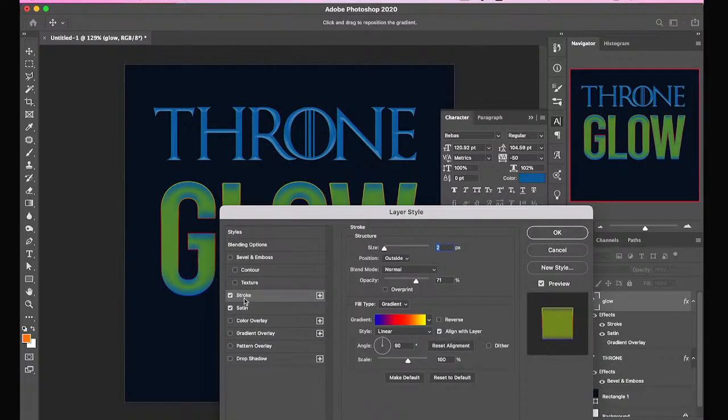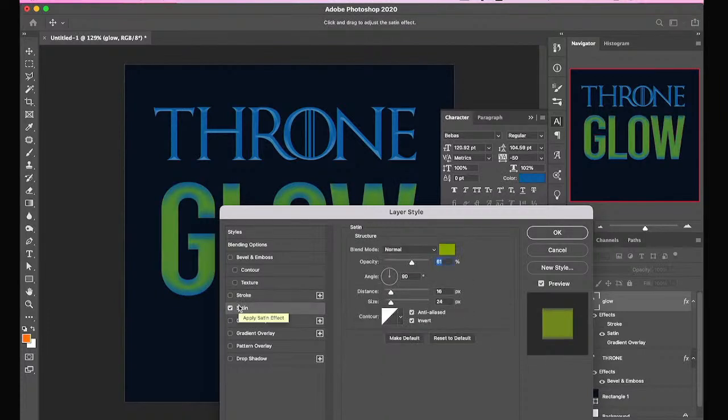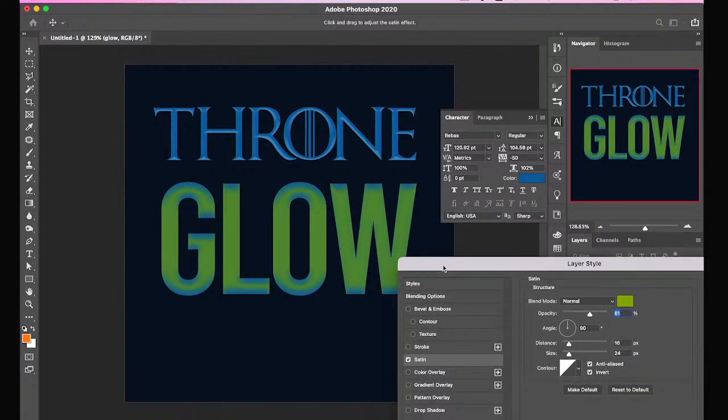Satin. Now, Photoshop is so interesting that there are some tools that you may not be using, but you probably have other tools that are closer to your hands to achieve the same thing. So satin, what does satin mean? It's obvious. Once you click on it, you will see